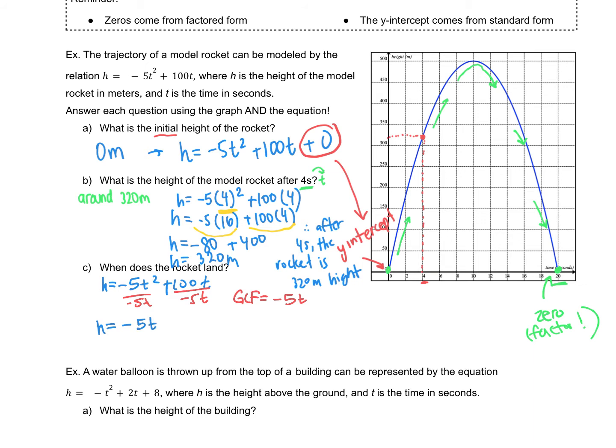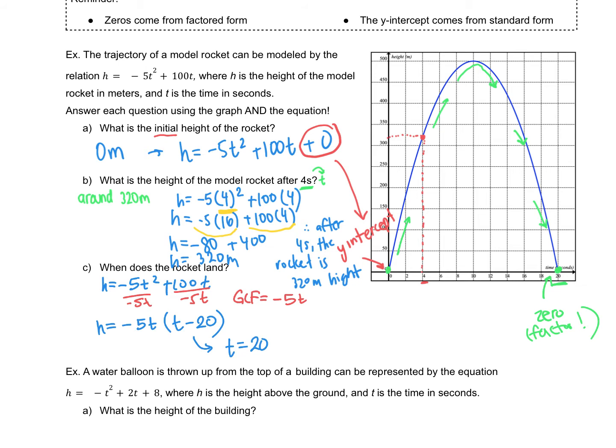So negative 5t, and then what I'm left with is negative 5t squared divided by negative 5t is 1t, and then 100 divided by negative 5 is negative 20, and the t's cancel out. And now, if I'm trying to find my zeros, we know that we always just take the opposite sign of what's inside the bracket. So in this bracket, it would be 20,